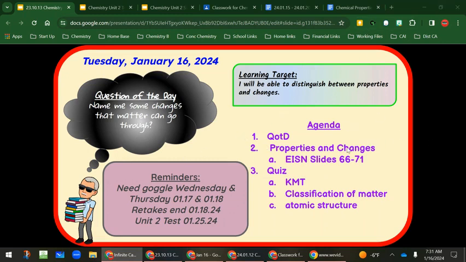All right. Before we get going today, ladies and gentlemen, a couple of reminders here. Number one, you are going to need goggles for tomorrow and Thursday. Now, if you bought them the other day from me, I still have them. They're in the box if you left them here. If you didn't buy them from me, I still have the box here. You can buy them tomorrow or Thursday. And then after that, I'll be returning that down to the office so that they can bill your accounts and things like that. So you need goggles.